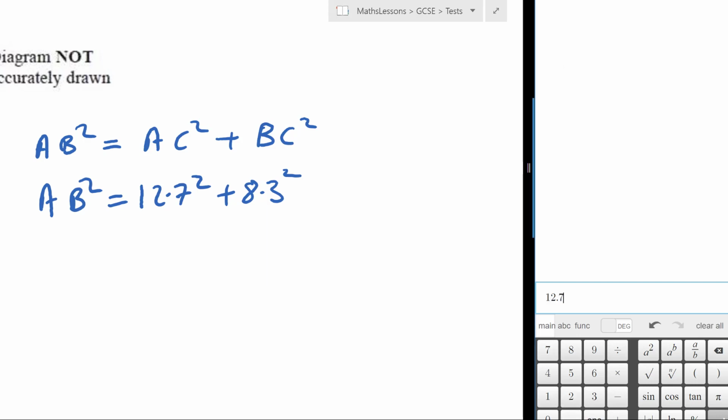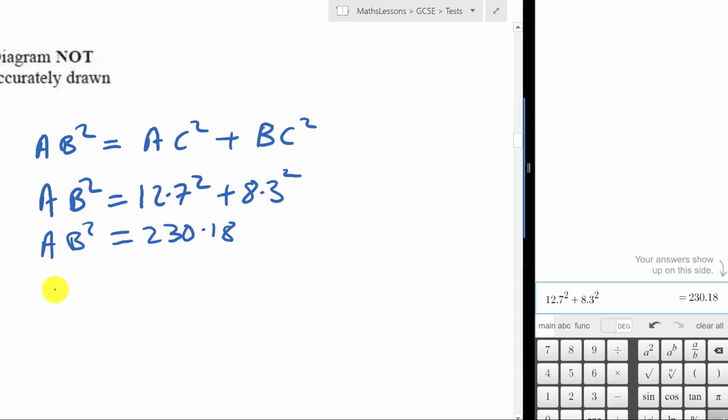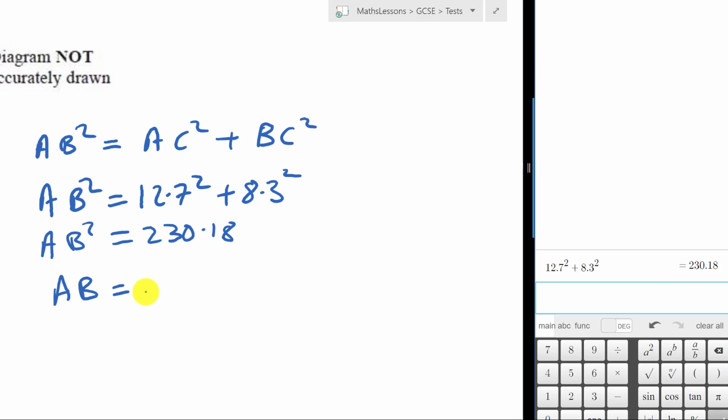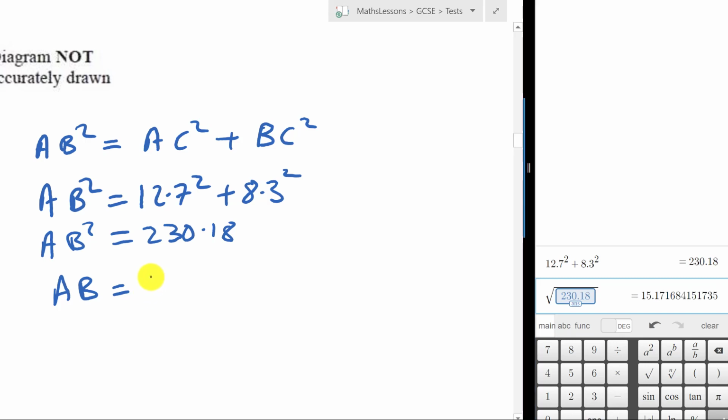So you've got 12.7 squared plus 8.3 squared, and we've got our answer is 230. But we don't want that, we want AB. So we need to square root our answer. So square root, press equals, and then we can use our answer, square root of answer, and we get the answer as